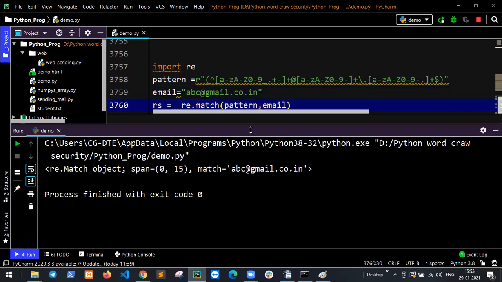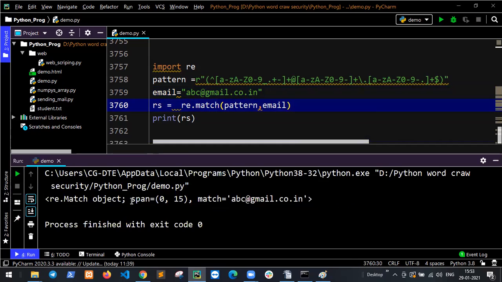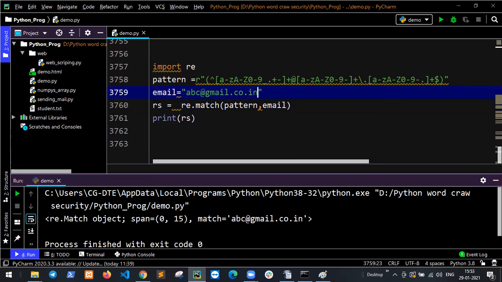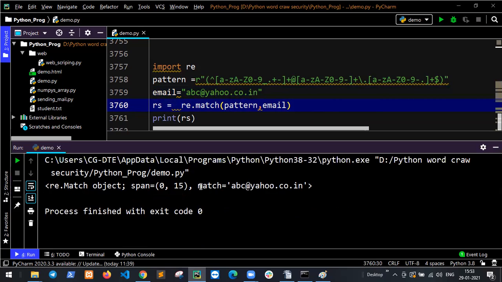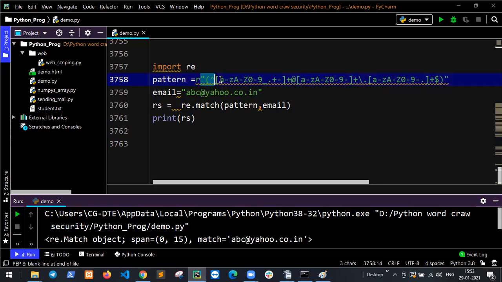Run it again. The re match object spans 0 to 5, a match. This is .com, .in. If I define at the rate yahoo.co.in, this is a match.